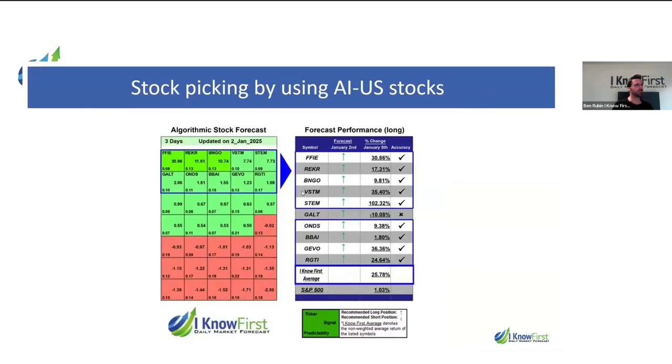And let's jump to some examples from the last few days. Here we can find a 3-day forecast that was generated on January 2nd, as you can see here the date, 2025, for the new year. The algorithm gave us the best 10 stocks to hold in these 3 days. It suggests we buy the stocks at the opening, or as close as possible to the closing price of the